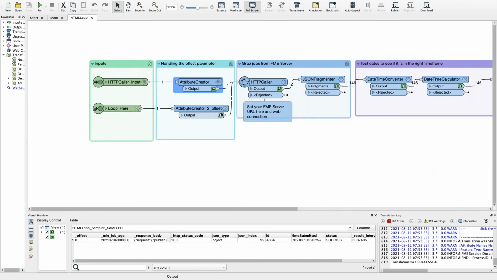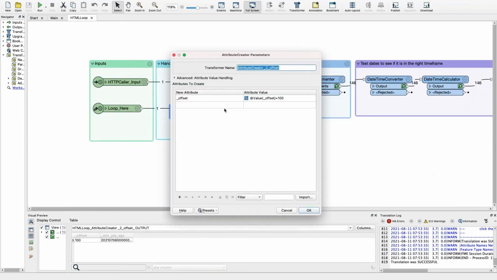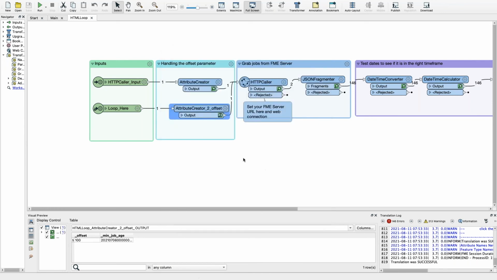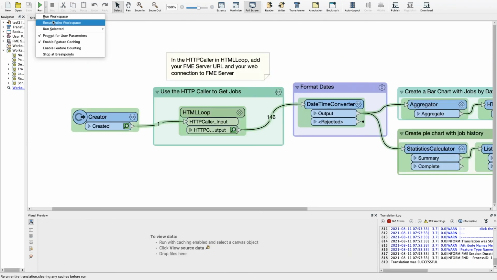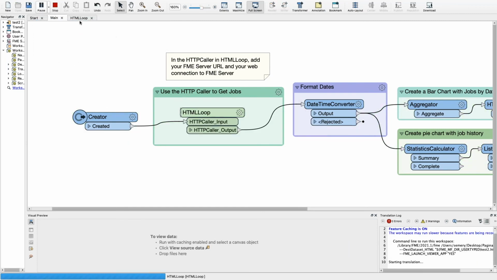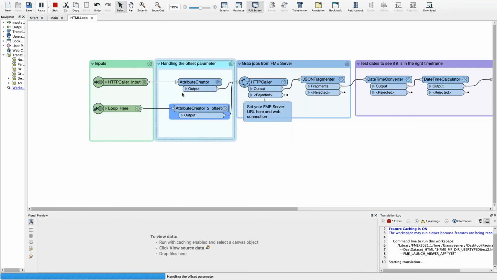And so while restarting my loop, I'm going to actually change that offset as well. So that makes it grab the next 100. And we can see this in action. It's going to run really fast, which is normally a good thing, but it's a little bad for demoing this. So rerun workspace. And we can see here, it's going to go through